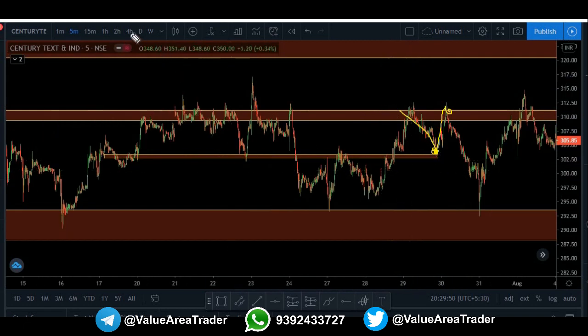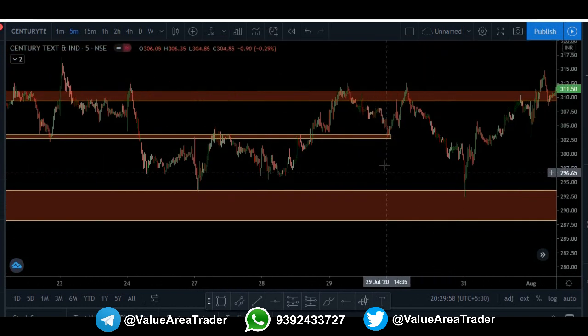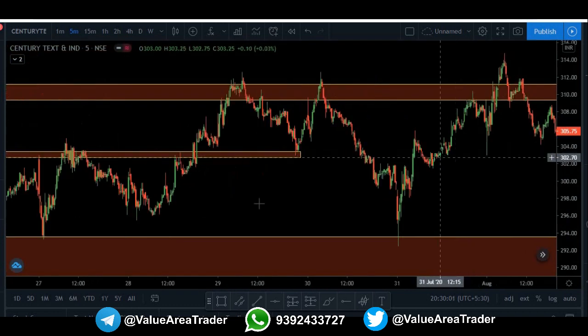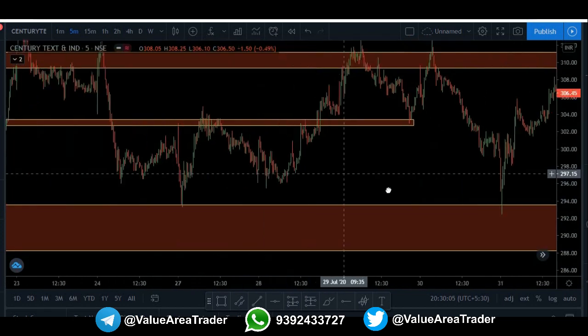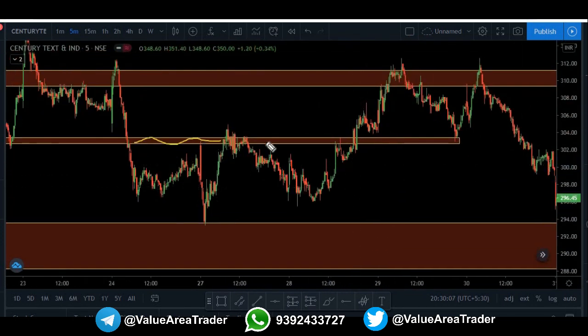So the same funda, no matter which time frame you are making, 4 hour or the 5-minute, you have to make these zones in your chart, so that the next time when you are doing intraday or swing, you know which are my zones which are nearby. Okay, so you need not be very precise. You just have to make sure that you touch the maximum number of points here.